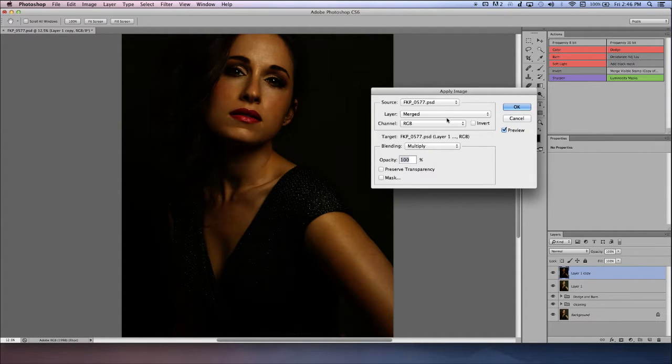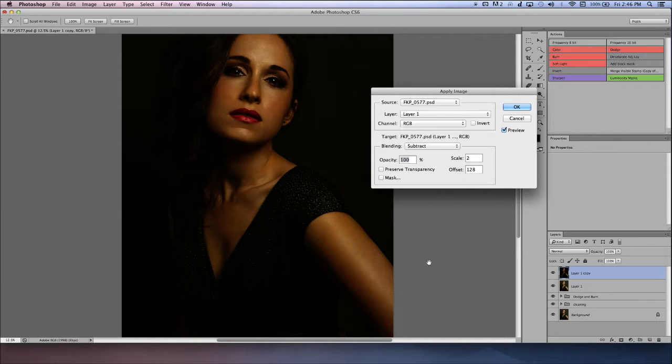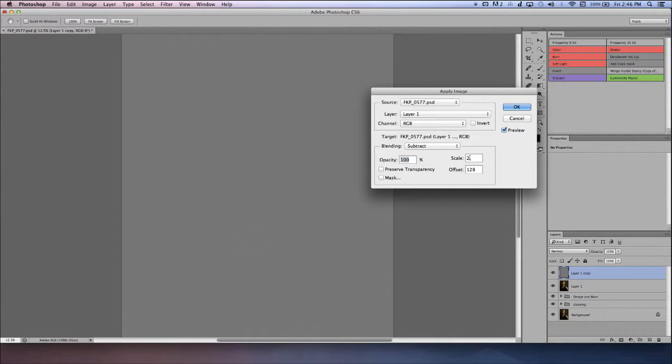So now where it says layer, make sure you're selecting layer 1, because that is where it's going to be feeding off of. The setting is as follows. For 8-bit images, we have to go in and select subtract. The scale must be 2, offset must be 128, and you want to make sure invert is not selected. This is why I included an action, because I'd rather you not remember everything, but this is how you manually do it. Now, I'm going to hit OK,